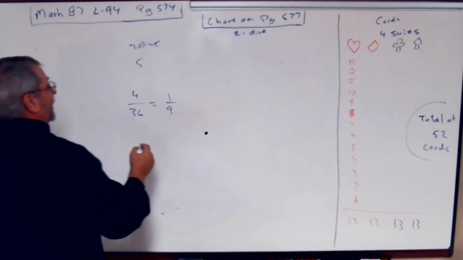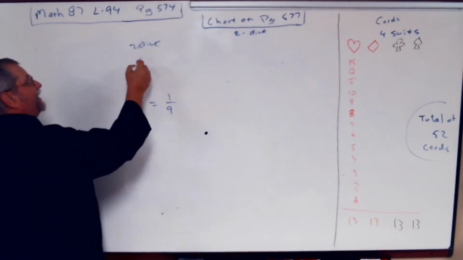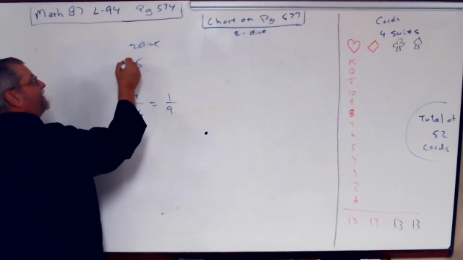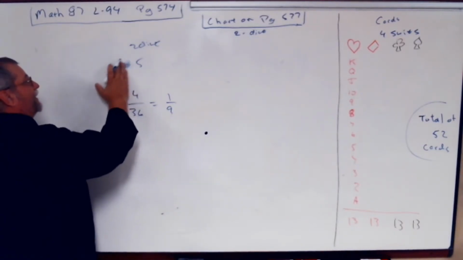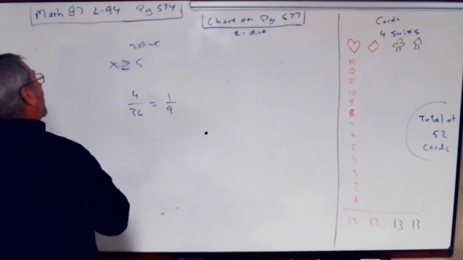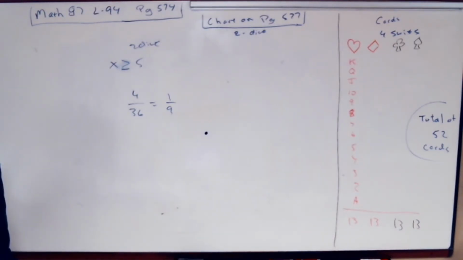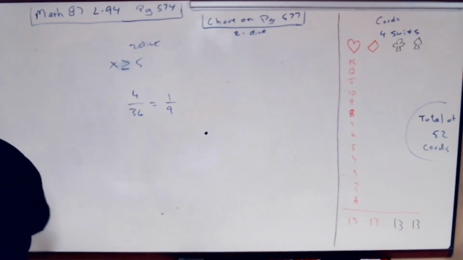The probability of rolling 2 dice at the same time and getting a number that's greater than 5, or equal to, greater than or equal to 5. Just count them all. Count the 5s: 1, 2, 3, 4, and then the 6s: 5, 6, 7, 8, 9, 10, 11, 12, 13, 14, 15, 16, 17, 18, 19, 20, 21, 22, 23, 24, 25, 26, 27, 28, 29, 30. There's 30